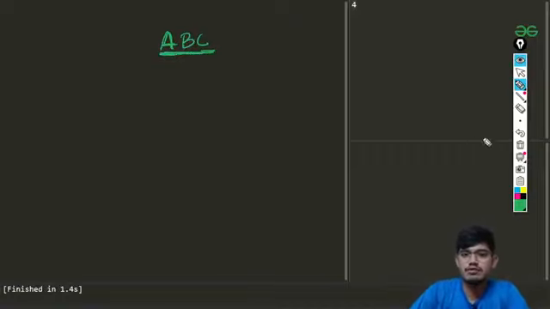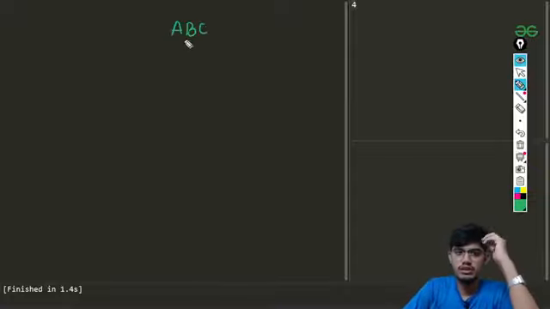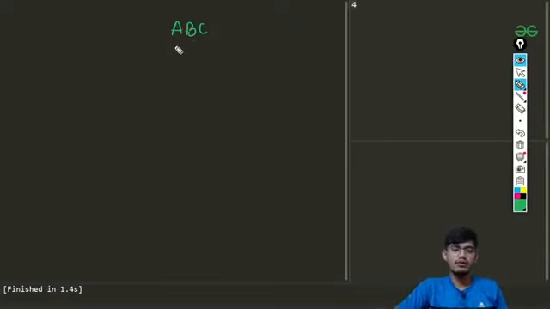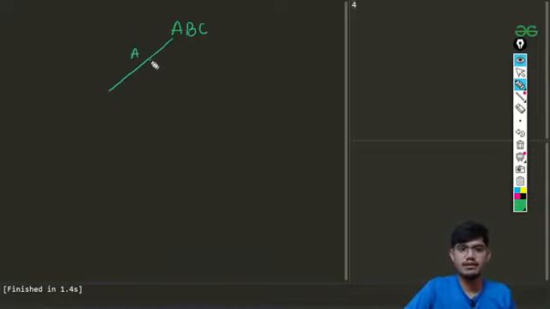For example, in the case of ABC, if we swap BC, then we will get another permutation. If we swap AB, that will also be there. So we are going to swap all the characters. First we'll swap A with A, then A with B, then A with C.